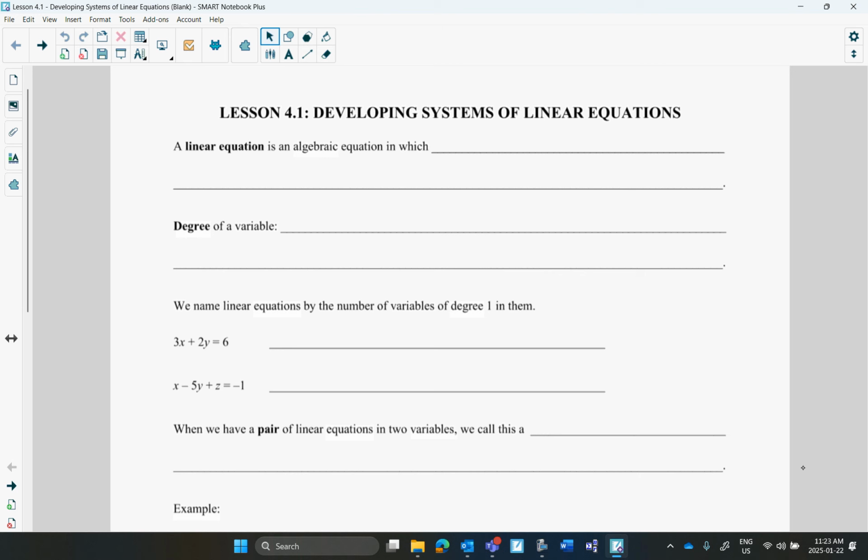So a linear equation is an algebraic equation in which the highest degree of variables